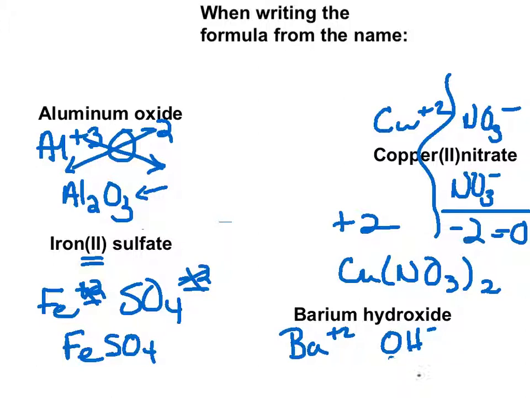And if we do that, the 1, which is going to be presumed, we won't really write that, but the 2 is going to come down here. And don't forget, hydroxide's a polyatomic ion, so I'm going to need to put parentheses around it. And the formula will end up looking like